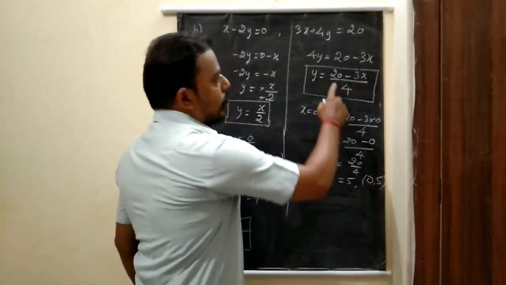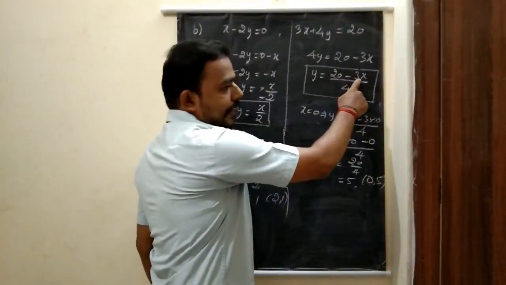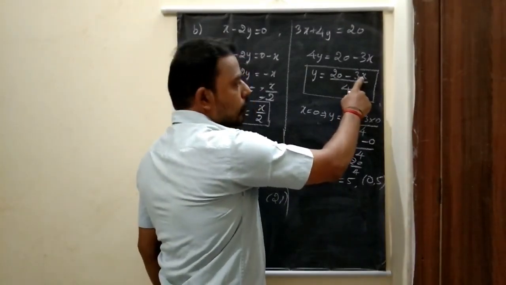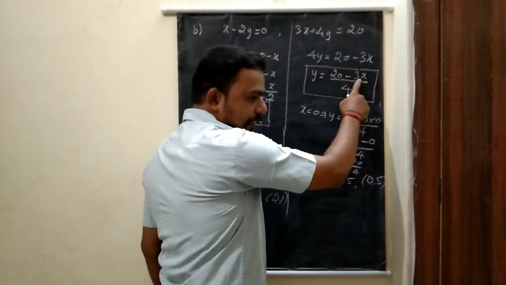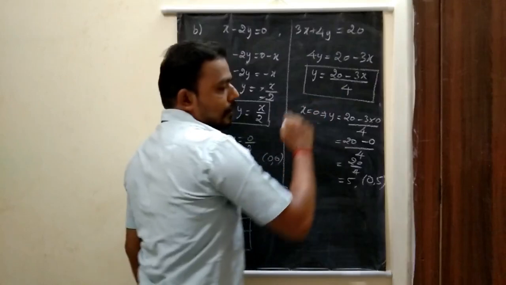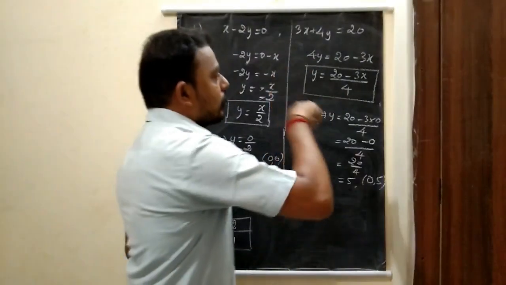Suppose x is equal to 1, we are going to substitute. What happened? 20 minus 3, 17. It's not a multiple. So x is equal to 2: 20 minus 6, 14. Once again, not a multiple of 4. If x is equal to 3,